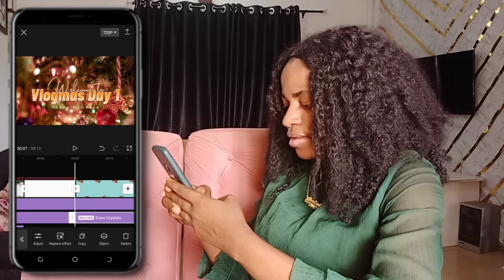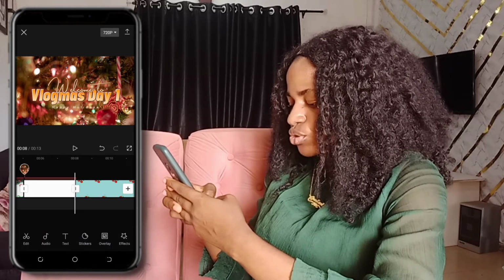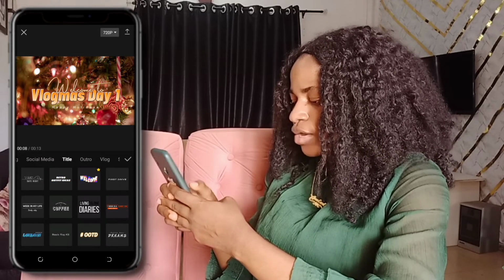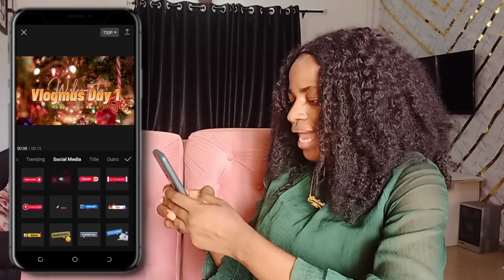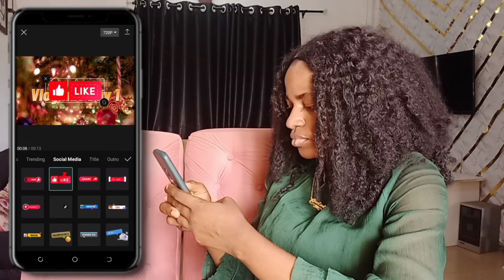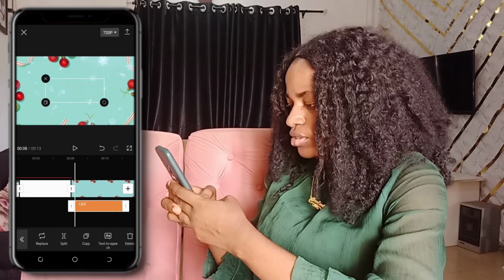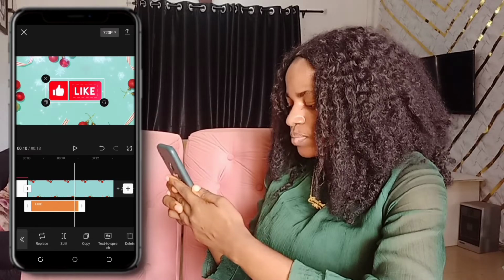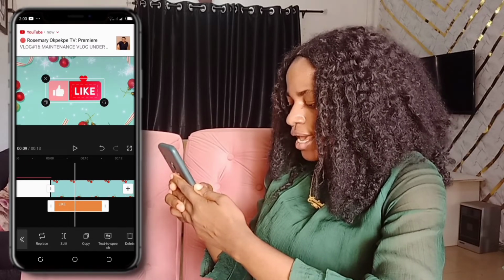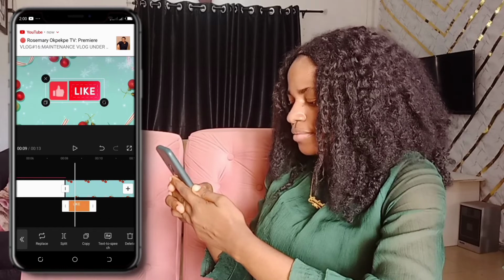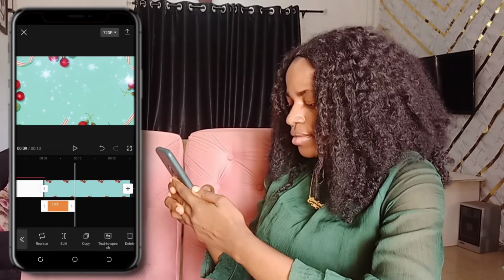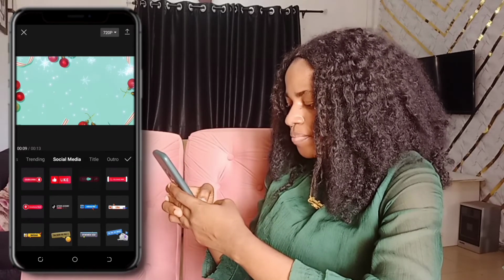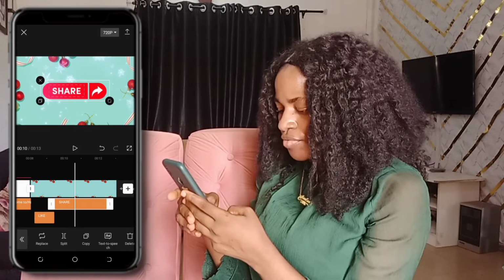Then you leave there and then go back to text template, and then you go to social media and you see the like. You click on OK, and I don't want it to start there. I want it to start here, and I reduced it because I want to put like, share, and subscribe. So I reduce it up to here, like. Then I go in again, text template, and I see share. I click on OK, and then I reduce it again,